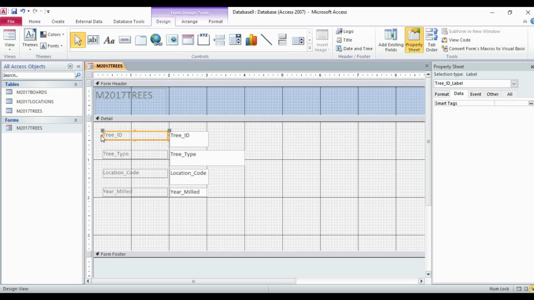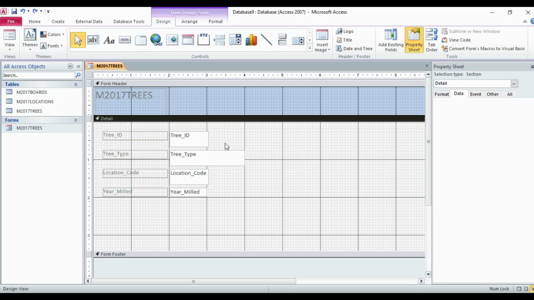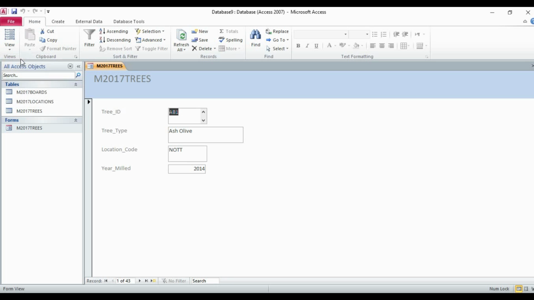We can change the size of these field spaces also, but as it is not required, we are not going to change it. Next, first of all we go to the form view.